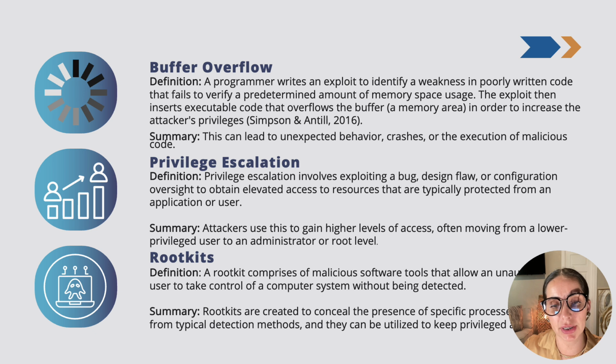Privilege escalation involves exploiting a bug, design flaw, or configuration oversight to obtain elevated access to resources that are typically protected from an application or the user. The attacker uses this to gain a higher level of access, often moving from a lower privileged user to the administrator or the root level. A rootkit is a malicious software tool that allows an unauthorized user to take control of the computer system without being detected. It conceals the presence of a specific process from typical detection methods and can be utilized to keep privileged access. Some examples could be memory corruption,